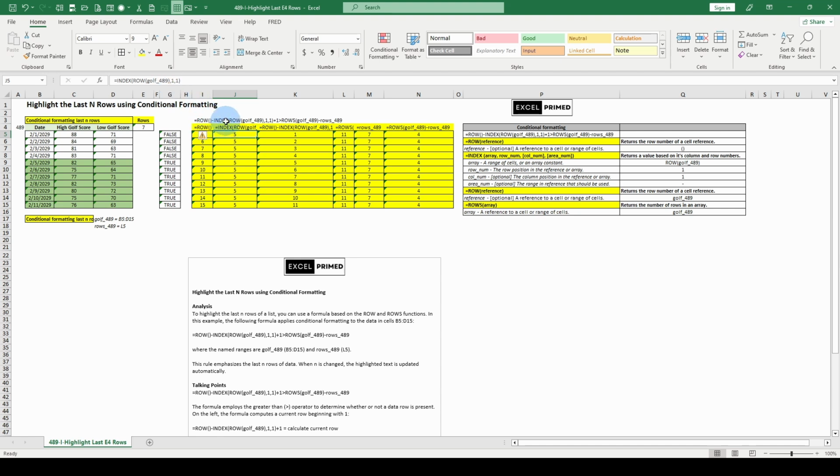We have row minus index row 1, 1. 5 minus 5, remember, look here, plus 1 is going to give us 1. This row up to the greater than sign, the first row, second row, third row. It cranks out relative rows. Then we go over to